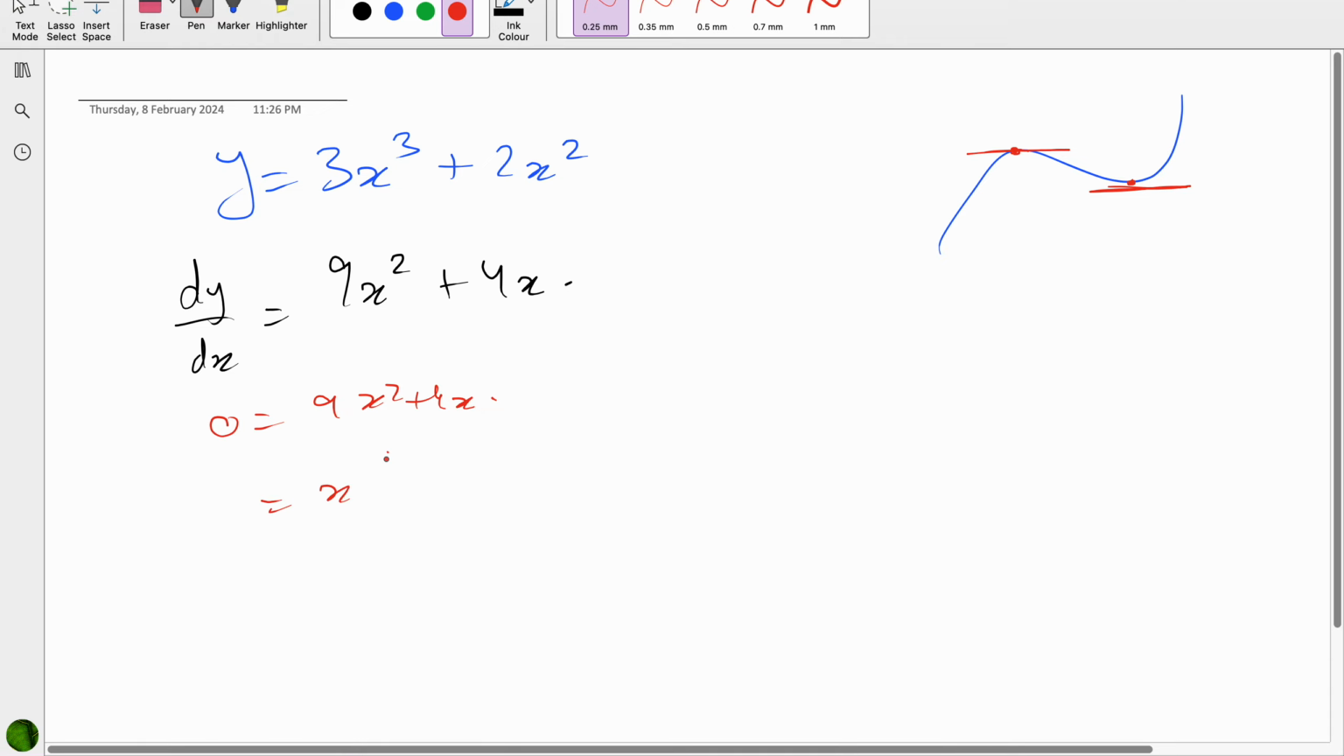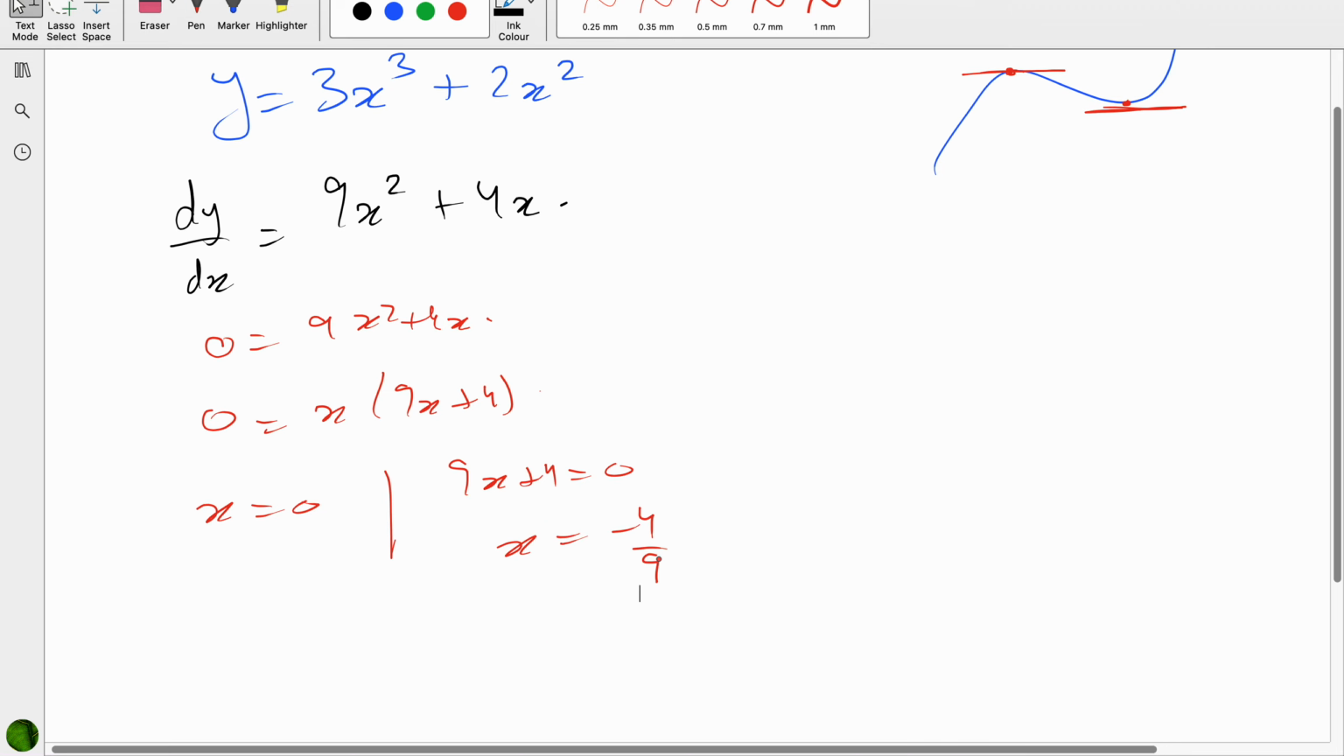We take out x as common, left with 9x plus 4, and one is x is equals to 0, other is 9x plus 4 equals to 0, and I get minus 4 by 9. Now I know these 2 points. One is x is 0, other is minus 4 by 9. Let me find y also. So for this, when x is 0, I know y is 0. And when x is negative 4 by 9,